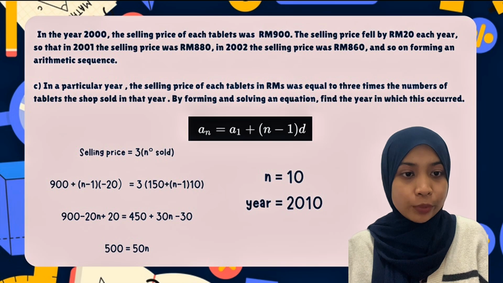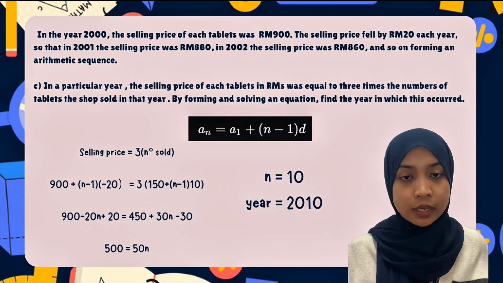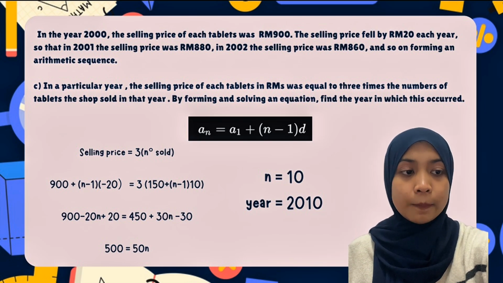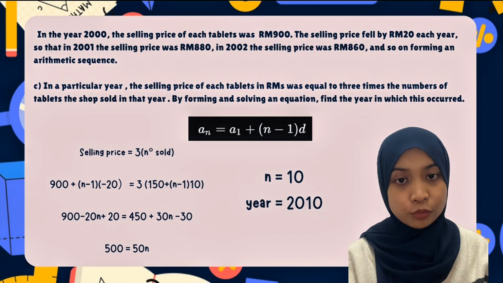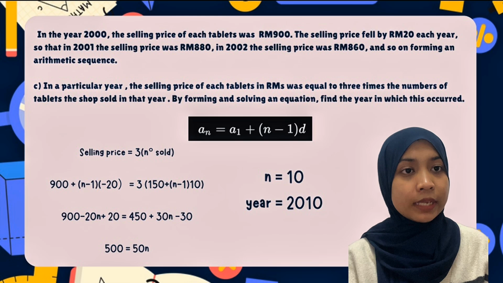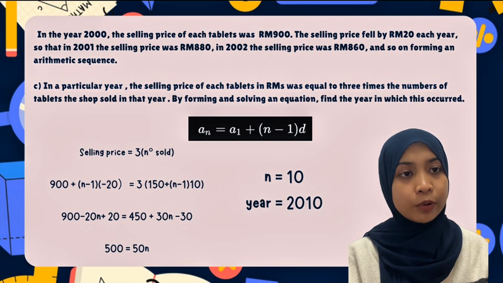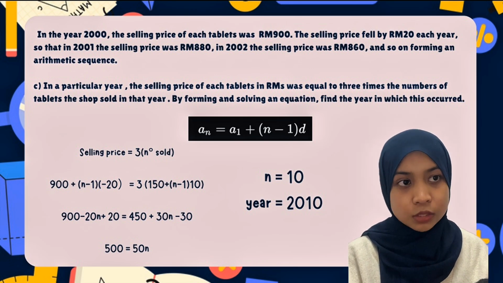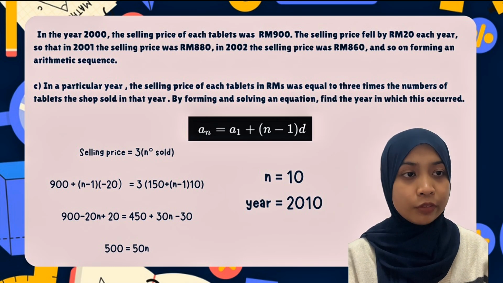And to find this year, we need to set up an equation. We're going to let n represent the number of years after 2000. The selling price in the year can be expressed as 900 plus (n minus 1) times negative 20. And the number of tablets sold in that year is 150 plus (n minus 1) times 10. According to the problem, the selling price equals 3 times the number of tablets sold. So we can write the equation as 900 plus (n minus 1)(negative 20) equals 3 times (150 plus